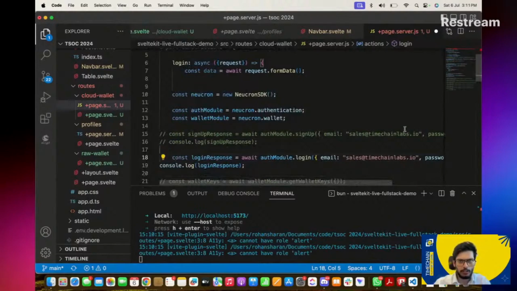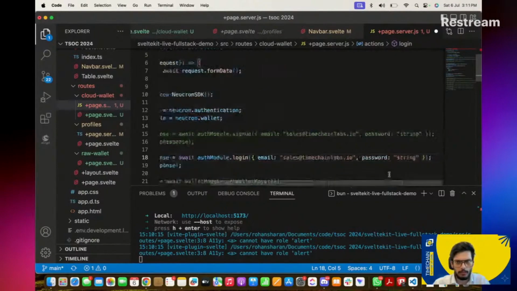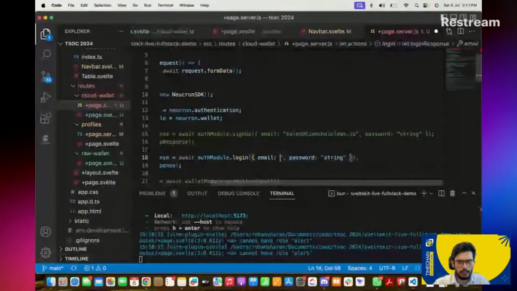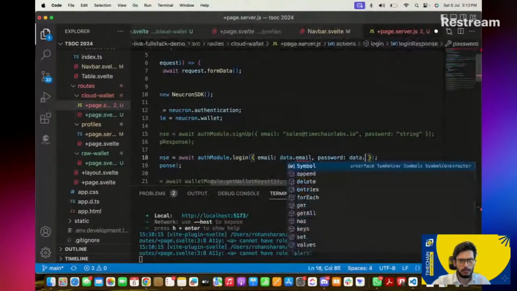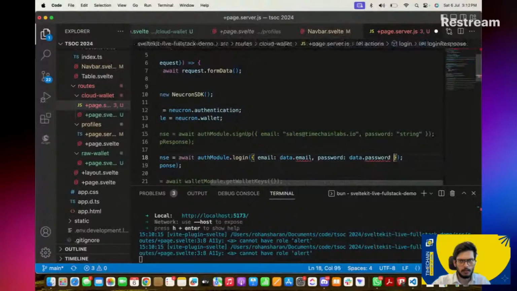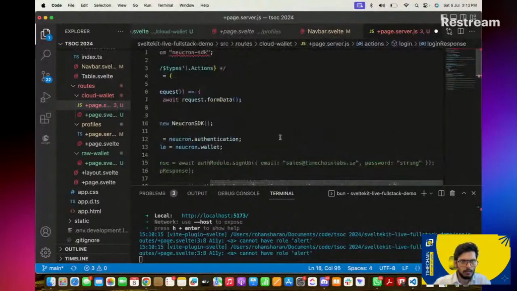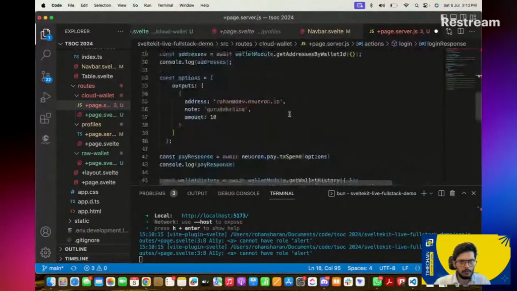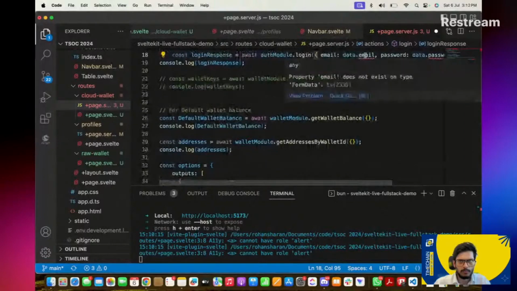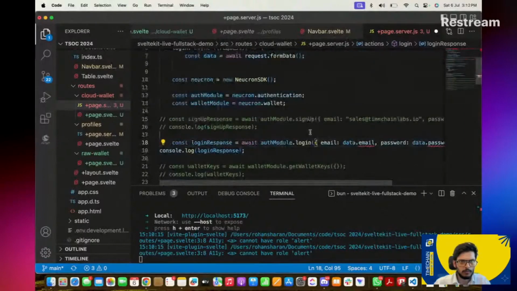So in the authentication, the login email and password we have got is going to be replaced with our data dot email and data dot password. Right? Then we are logging the console login response,